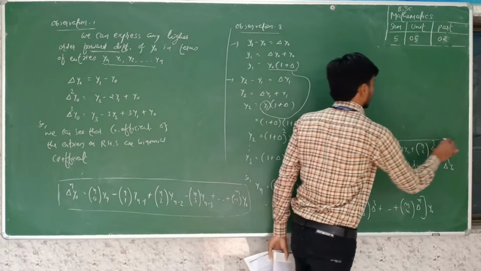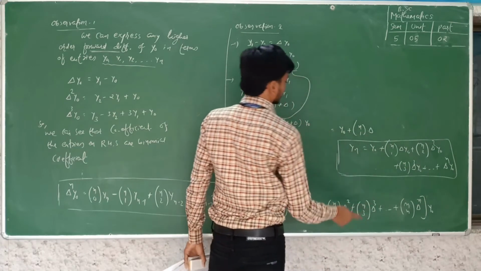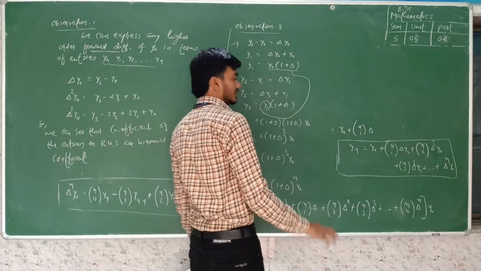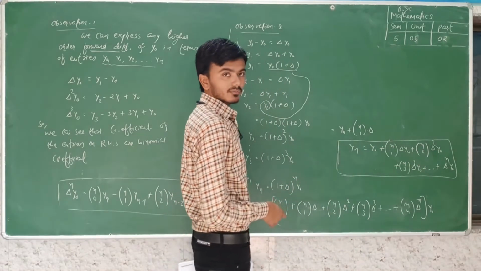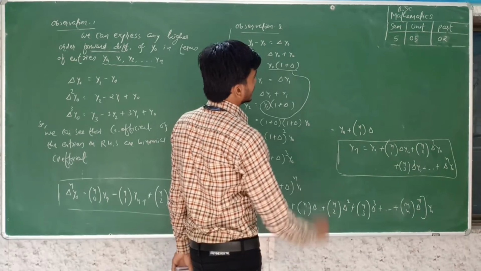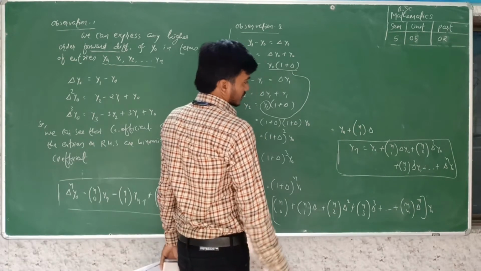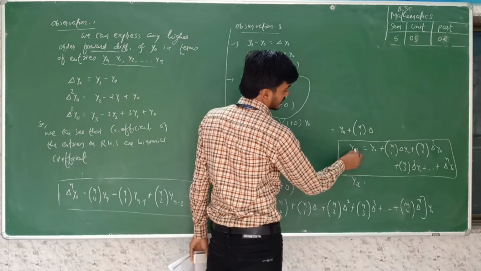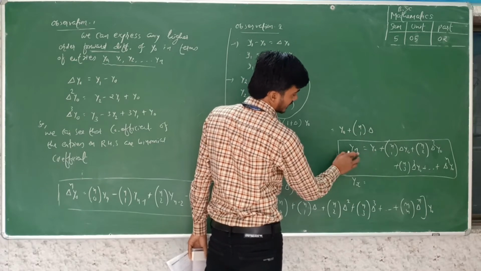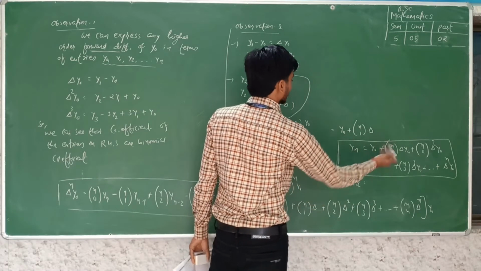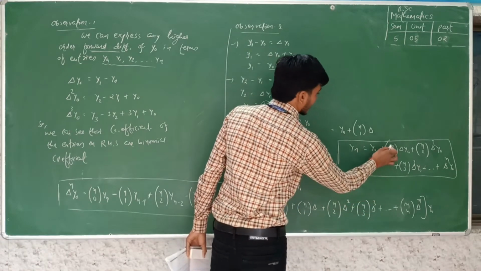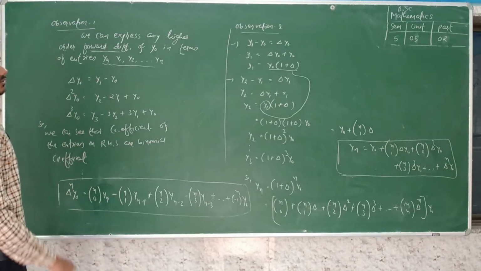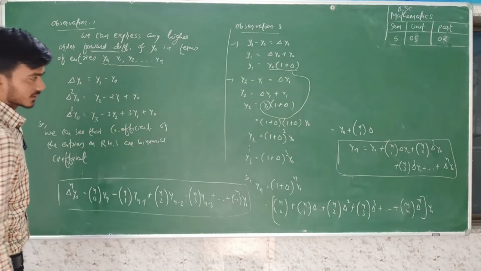So yn can be expressed in terms of y0, delta y0, delta square y0, delta cube y0, up to delta raised to n y0. We can express the sum in this form. Whenever we are asked in the exam to find yx, where we see the form of n, we can replace n with x. Replacing n with x gives us the form in x. So this is the observation of the forward differences.